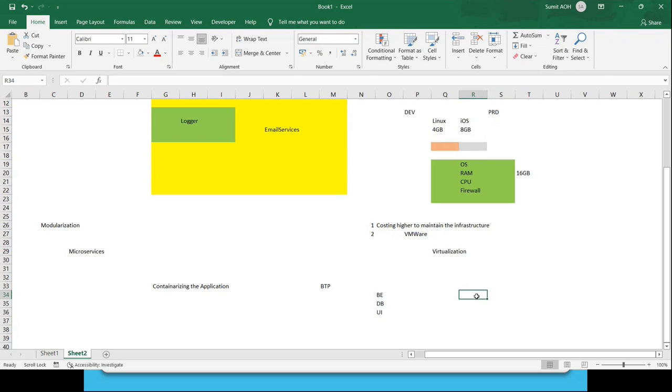Now, for my backend application to work, it would need some sort of runtime. In terms of BTP, we do have multiple runtimes as well: the CF and KYMA. We would be going into this shortly. We would be learning CF and KYMA, maybe not today, but in the upcoming sessions deeply. But these are the runtimes that we would need.